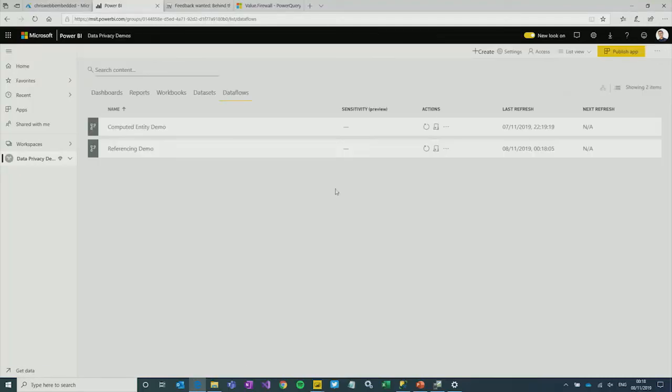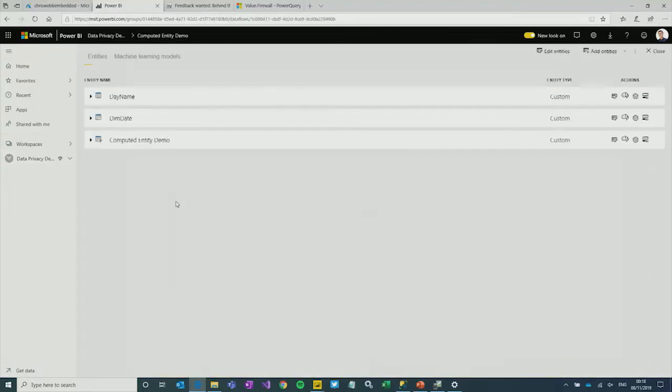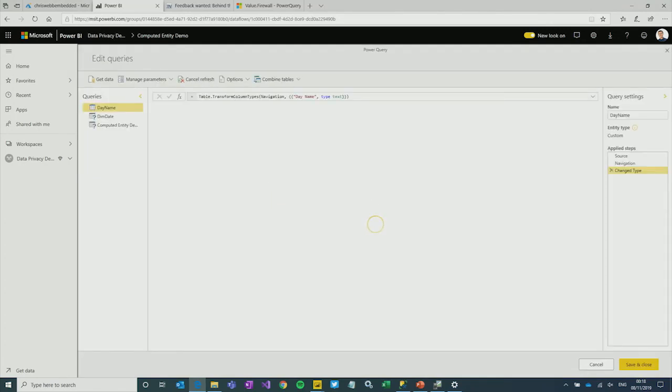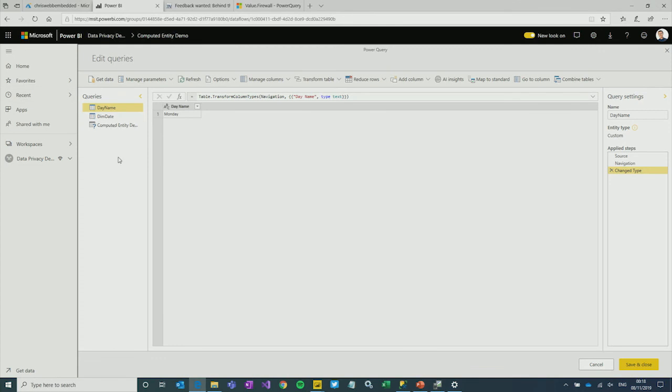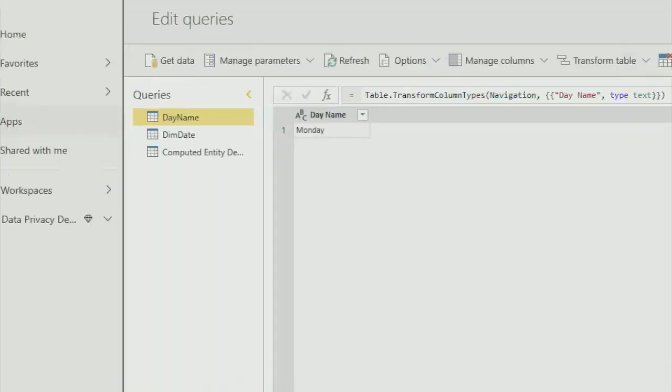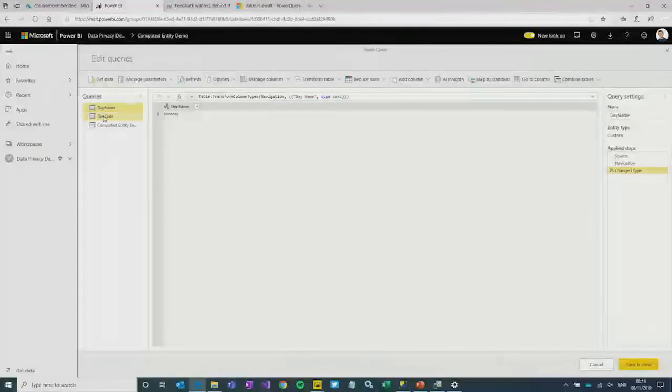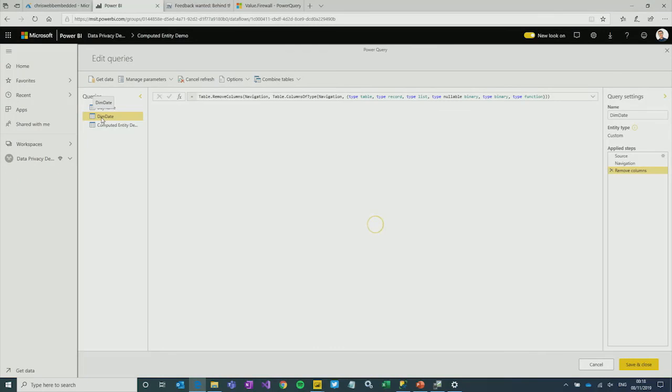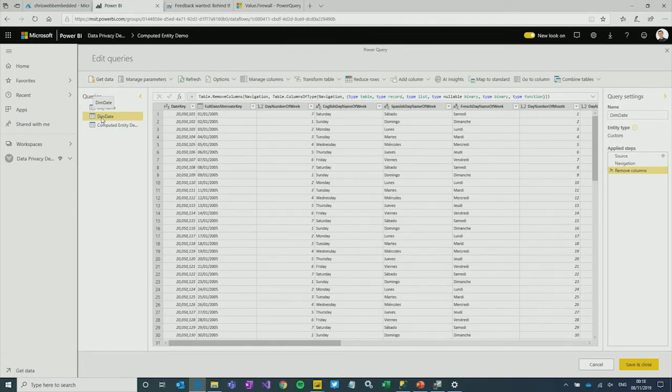Let's close this. This is basically a demo that does more or less exactly the same thing. But in this case, there are some differences. There's one crucial difference. It is namely that I have not disabled the load for these queries. So this and this, the output of these two queries, the code is exactly the same, but they're being loaded into